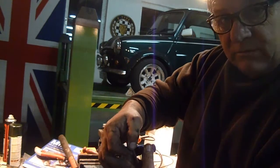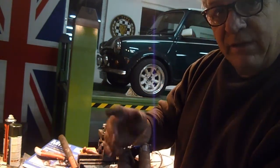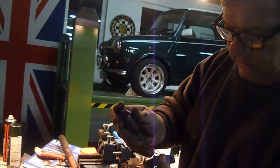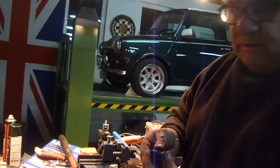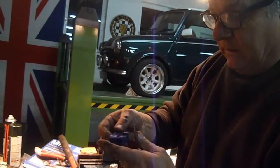And you could imagine if that was in there and you didn't notice it, and the brake fluid's going against it, it's almost like a valve. So what I do is I always make sure that this hole is cleaned out, make sure there's nothing in it. But the way to avoid that is simple: turn this half a turn as you spin it round. And when you put it on,